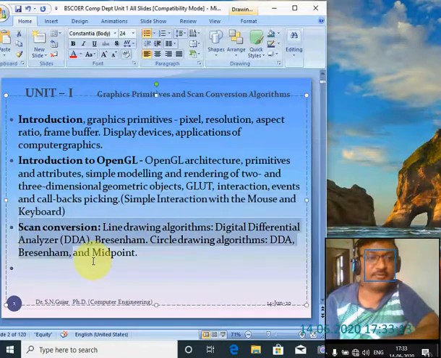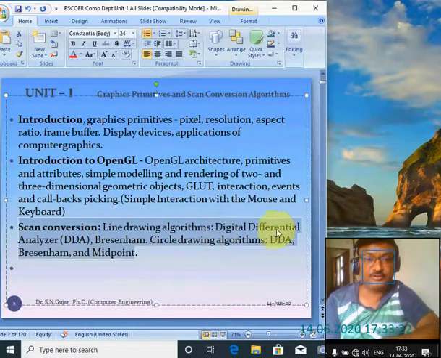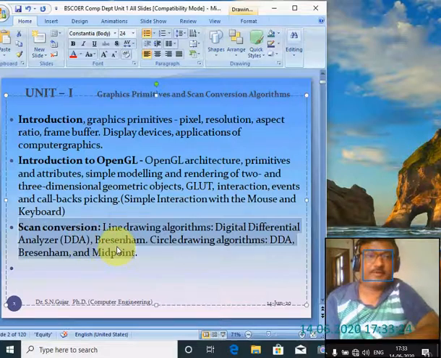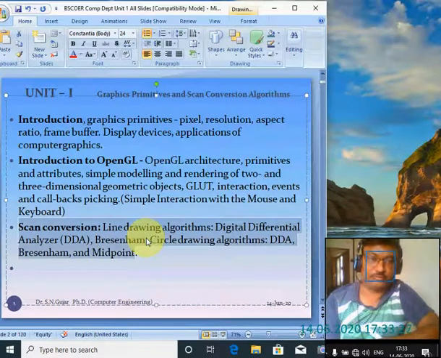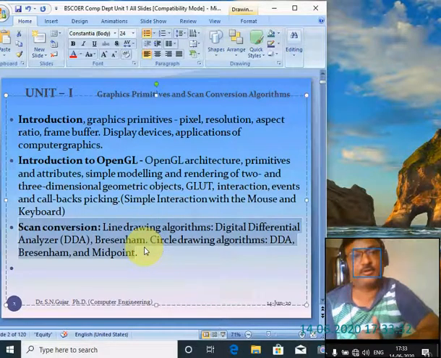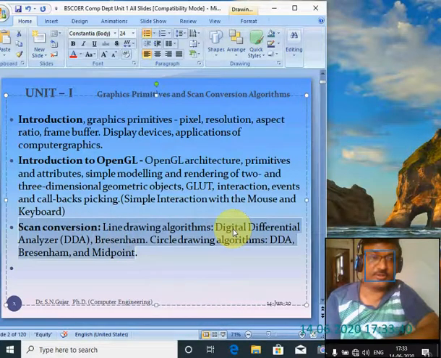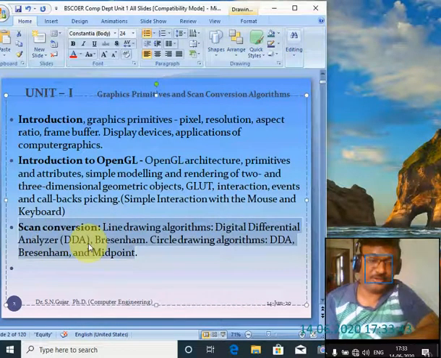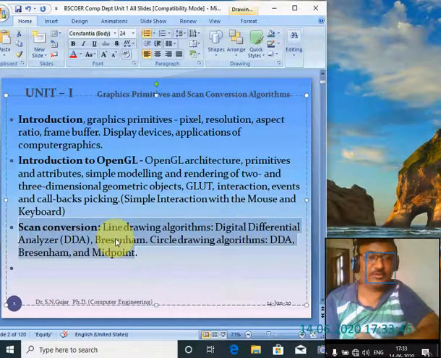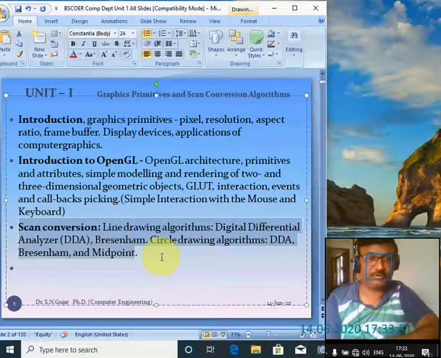Next one is scan conversion. Here we are going to learn the drawing algorithms. The DDA line drawing algorithm is first, which stands for digital differential analyzer. You have to execute the algorithm by using a program in the computer graphics lab. Then Bresenham, the name of the scientist, developed an algorithm to overcome the disadvantage of DDA, which uses floating point. Here only integer values are used in the algorithm for line drawing. That is all we are going to learn.